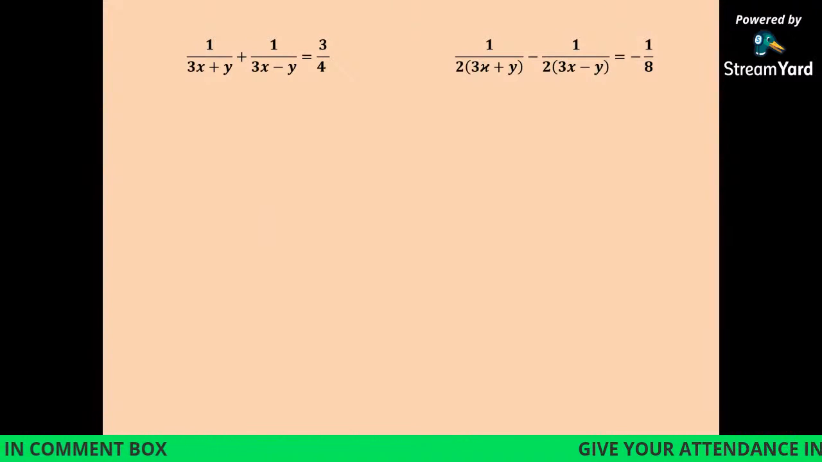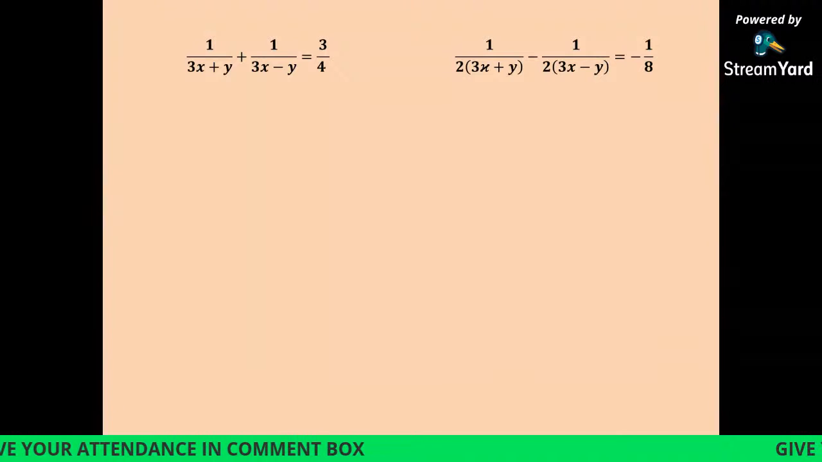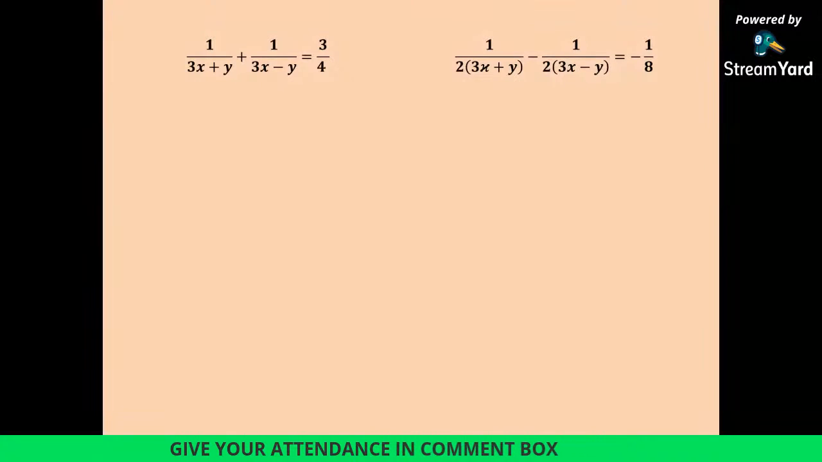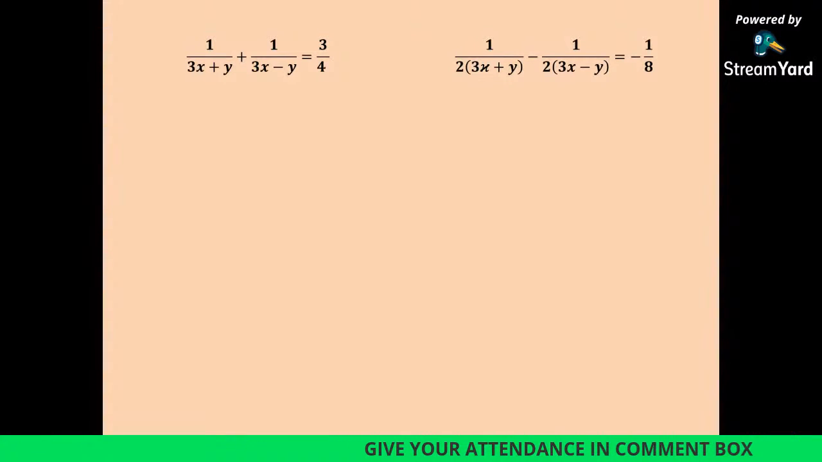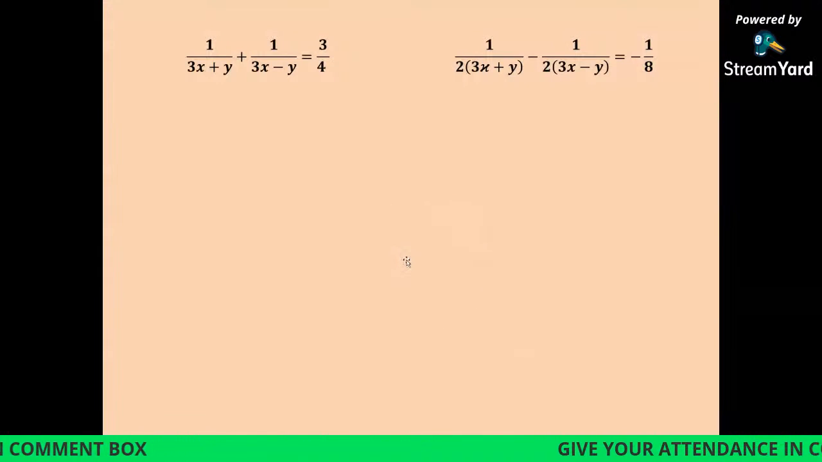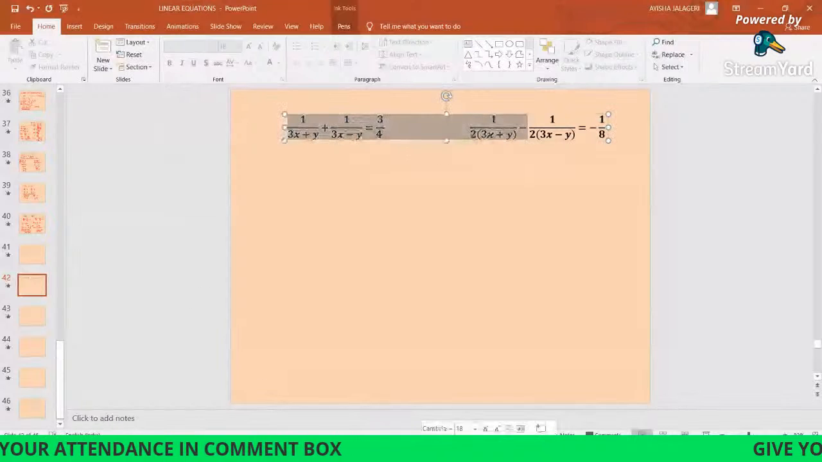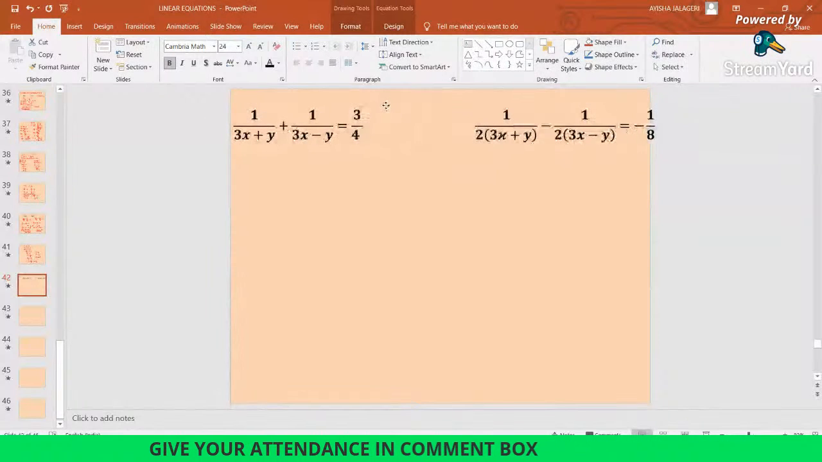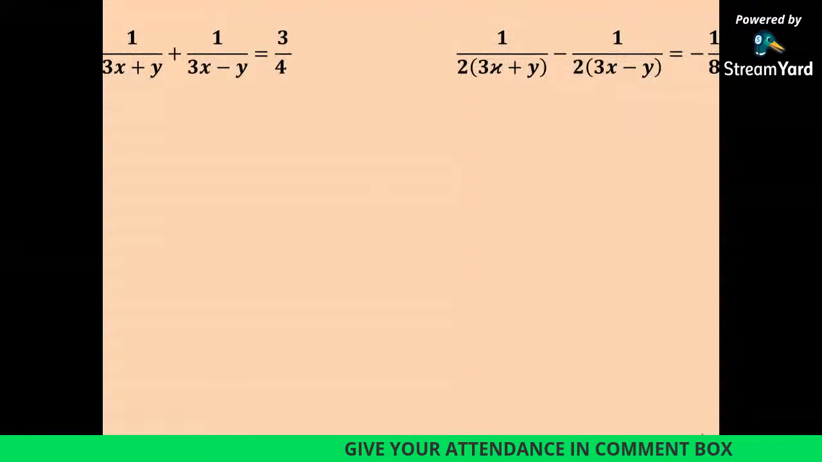Here, if you see the question, it is given 1 divided by (3x plus y) plus 1 divided by (3x minus y) is equal to 3 by 4, and one more equation is 1 divided by 2 into (3x plus y) minus 1 divided by 2 into (3x minus y) is equal to -1 by 8. Right? Here, in this question,